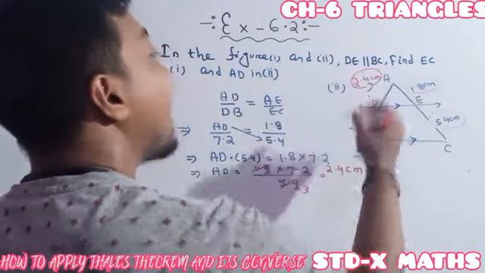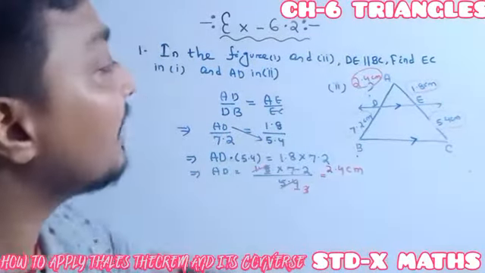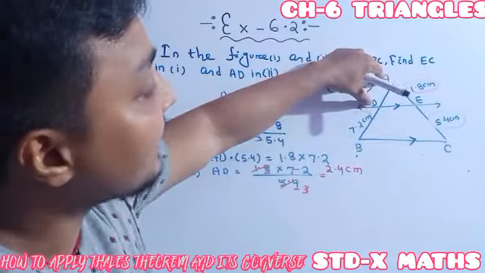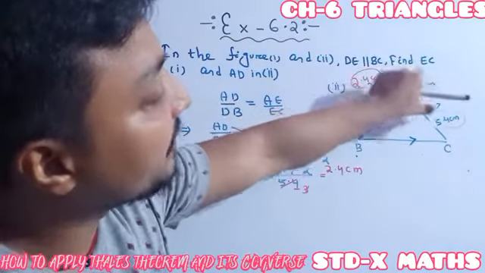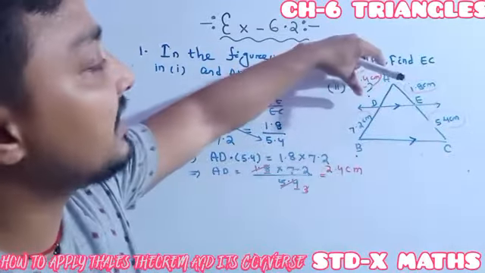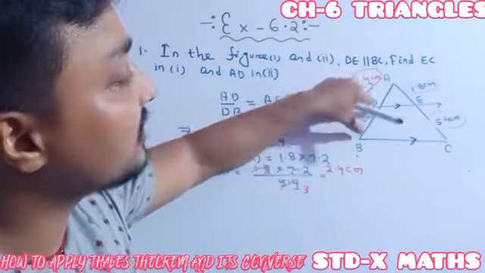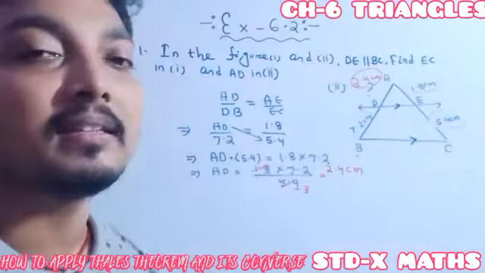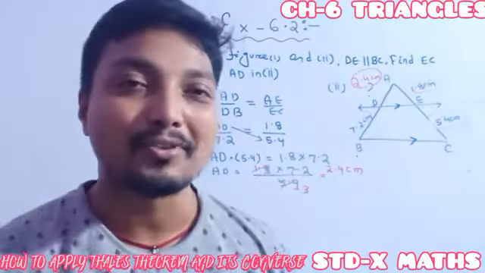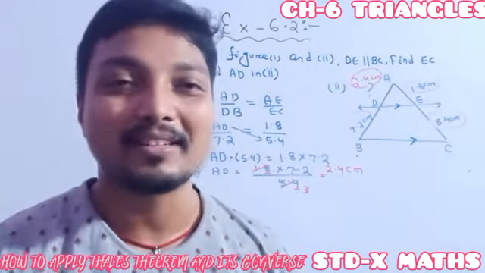Why have I applied the original formula? Because a little one is asked, and little ones are given. So in our Thales formula, the first form, this one divided by this one is equal to this one by this one, is to be applied. Understood or not understood? Now we will do question number 2. Okay.